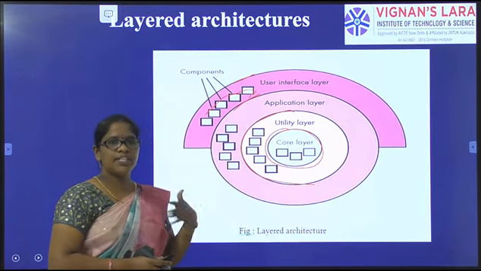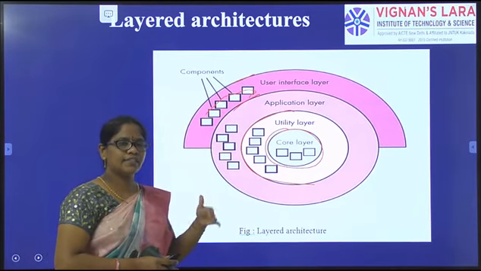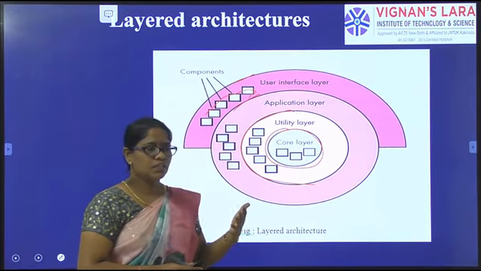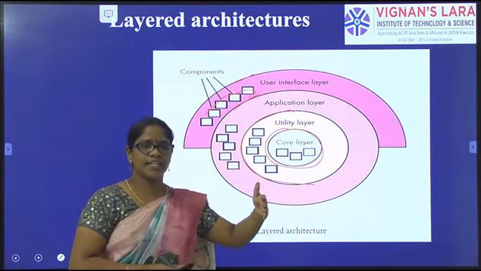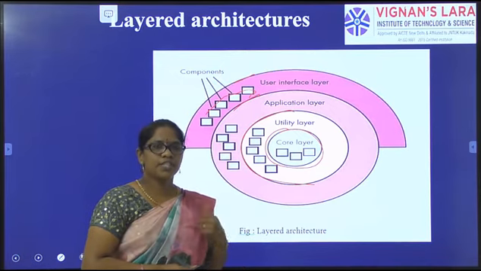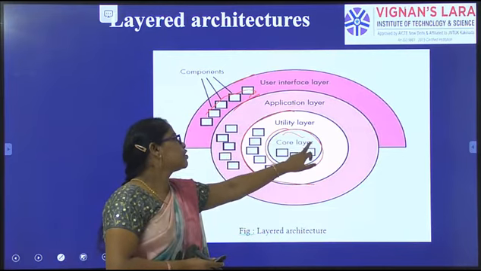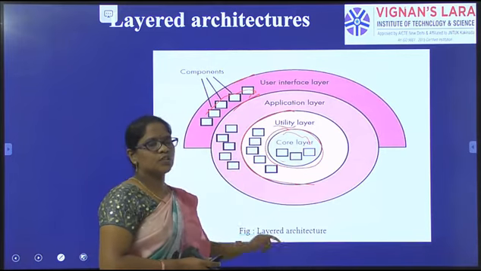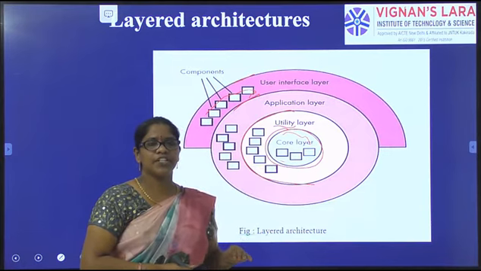For example, if you request something on your laptop, it goes to the kernel. The kernel gives some directions. Then the operating system, what we are seeing, is the output. For example, if you want to boot your system, it goes to the kernel, that means the core layer. Whatever is in that core layer goes to the utility layer. These are the instructions given by the machine, that means we write some instruction set.